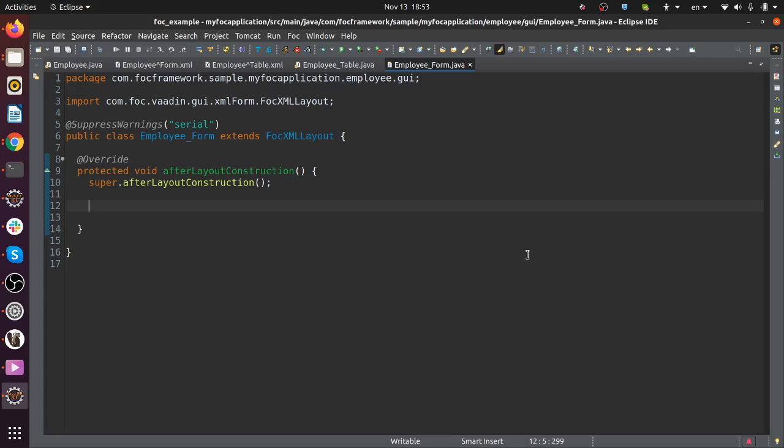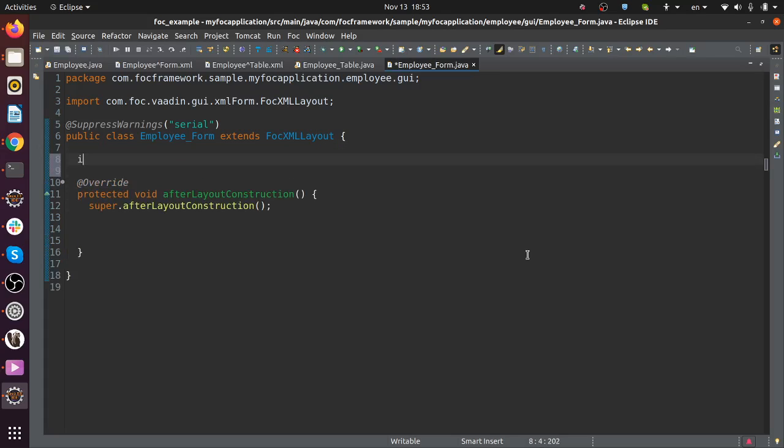What about the init method? If we override the init method, you can. What's the difference between